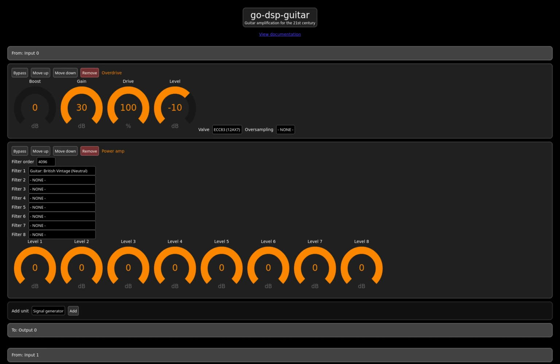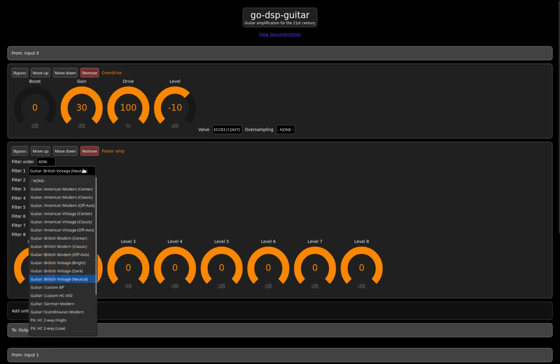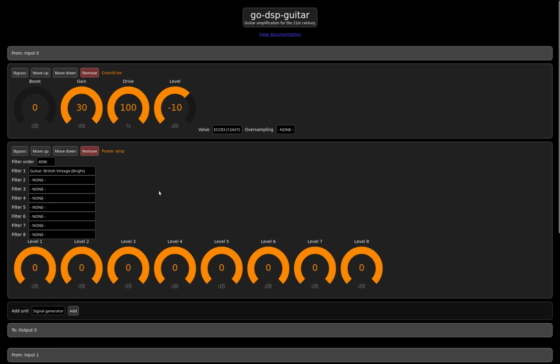Okay, and you might have noticed that there are a few new power amplifier models. These are these British vintage models. So let's hear a bit what they sound like.